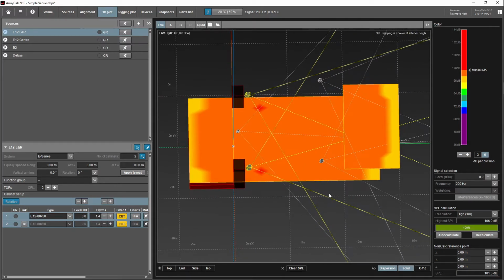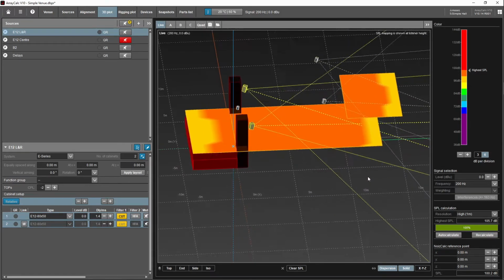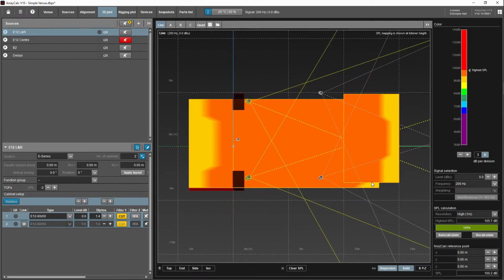See, now we're getting a lot more noise on stage, which can be an issue. So what I'm going to do is I'm going to turn off the center speaker. And I'm going to recalculate. As we can also see, it's not quite uniform on the back. So we can adjust this by adjusting the